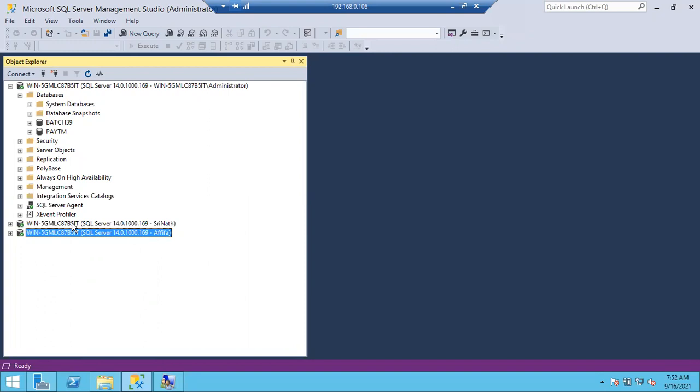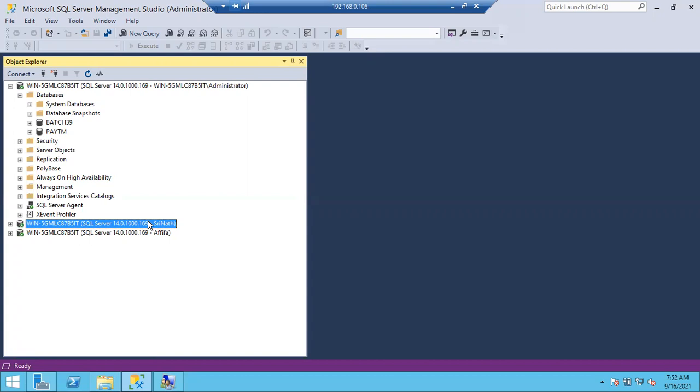Actually, I just connected using their names to demonstrate. So don't think that in the same connection I'm going to use Srinath's connection, Afifa's login and all to connect to SQL Server. Just for demo purposes, I connected using Srinath's login and Afifa's login. In reality, once Srinath connects to the server from his office laptop, he can connect with his own login. I'm just using his login to demonstrate.